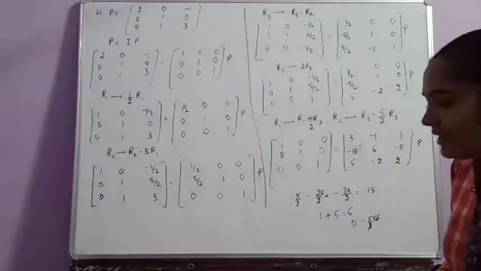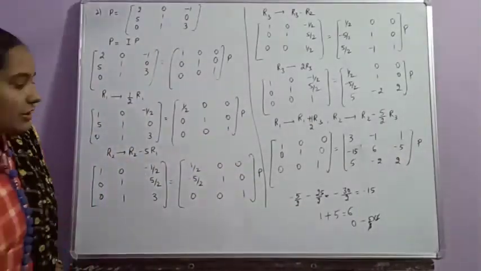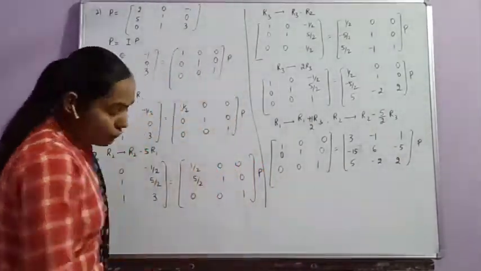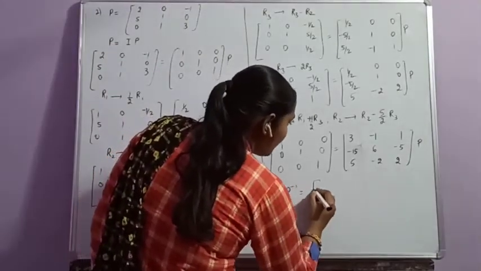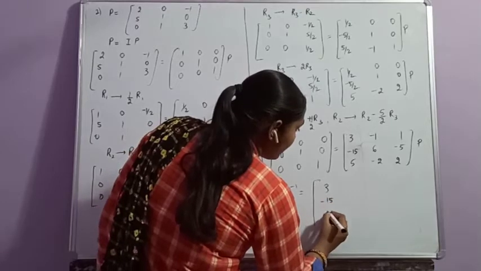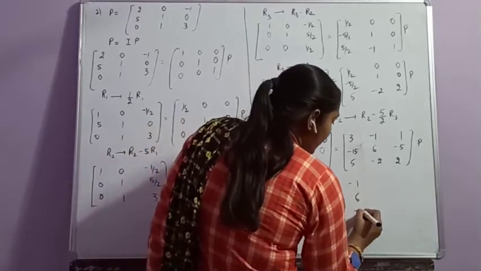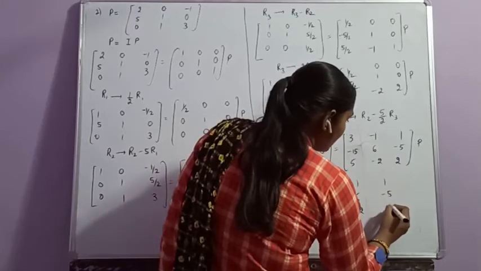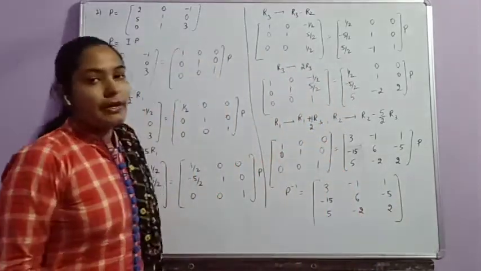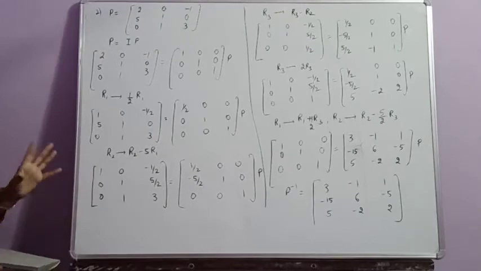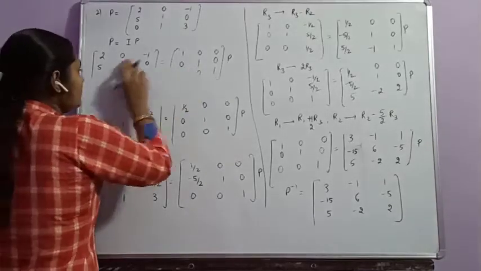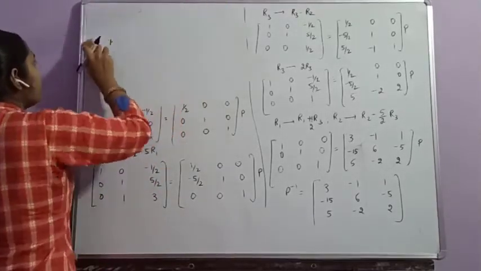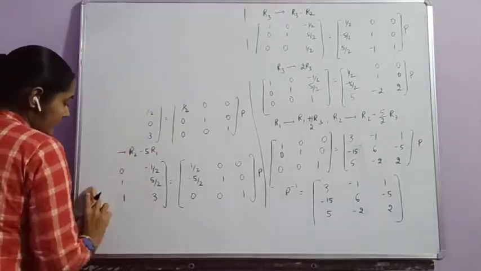We can see that on the left hand side the identity matrix of order 3 is formed. So the inverse of the given matrix P will be P inverse equal to [3 -15 5; -1 6 -2; 1 -5 2]. Clear? You can apply any operation, that is row operations or column operations, to find the inverse of any matrix. Clear? Now we will discuss some miscellaneous examples of NCERT.